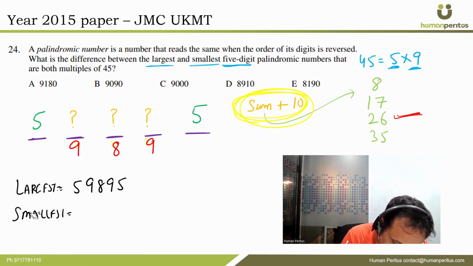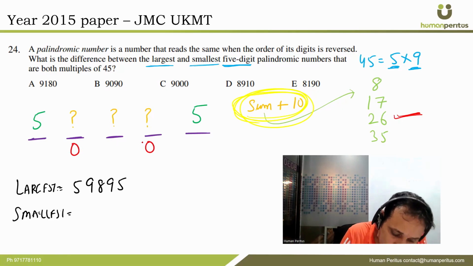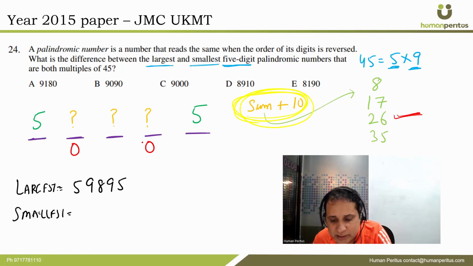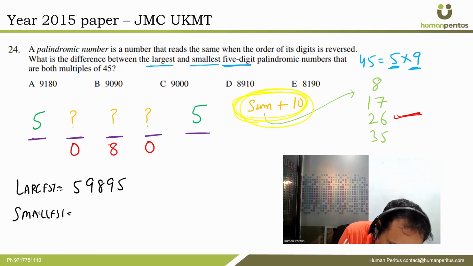Now what do we take here such that the number is smallest? What is the smallest number? 0. So I'll take 0 over here, and the sum has to be either 8 or 17, 20, 35. It has to be the smallest number. Only 8 will fit in here. So the smallest number will be